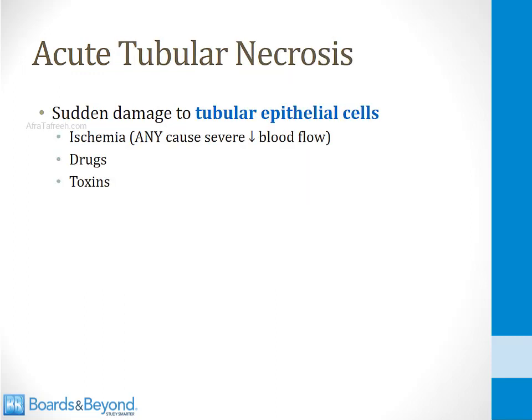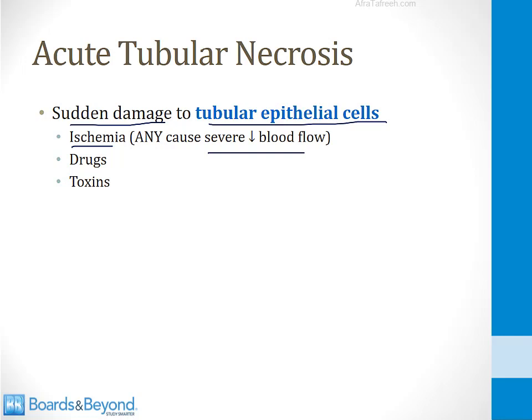Acute tubular necrosis refers to sudden damage to tubular epithelial cells. There are a number of reasons this can happen. First of all, this can happen from ischemia. Any cause of severely decreased blood flow can lead to tubular necrosis. So basically, if you have a mild fall in blood flow to the kidneys, you will see pre-renal failure where the BUN and creatinine will go up, but the kidney cells remain healthy and intact. If, on the other hand, the decrease in blood flow is severe, then those cells begin to die,